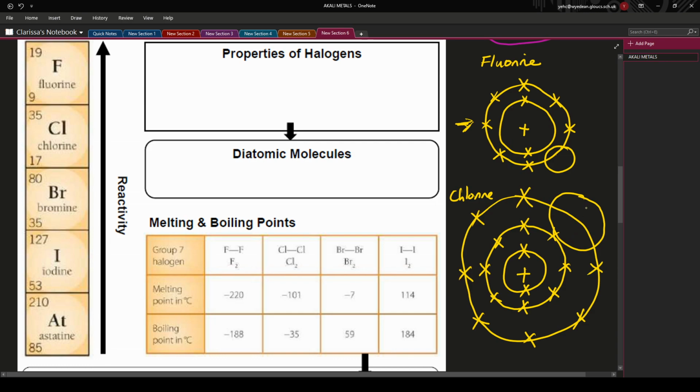Whereas if we want to put an electron here, it's pretty far away and also has quite a few electrons in the way that sort of shield against that positive and negative attraction. So if we had a spare electron wandering about, and it doesn't know whether it's going to head over to fluorine or head over to chlorine, it's going to end up with fluorine because it's going to experience that greater pull from the nucleus with fluorine than it is